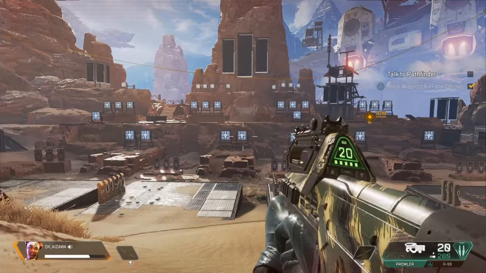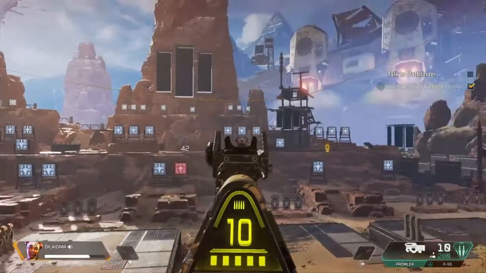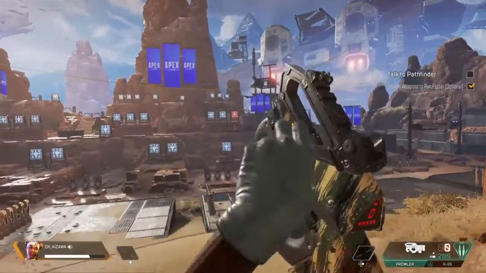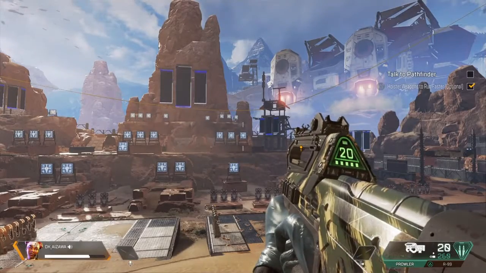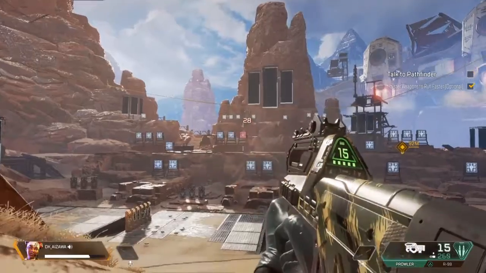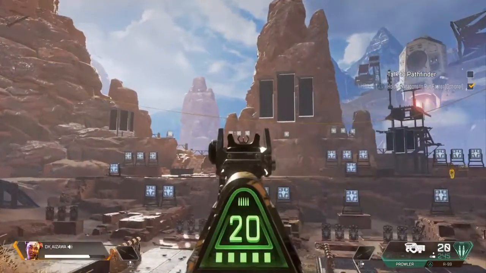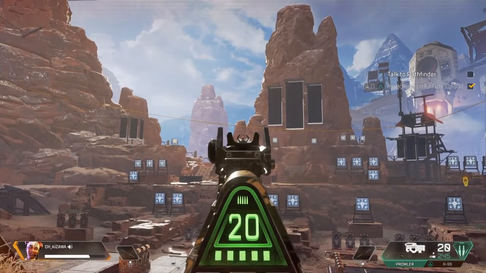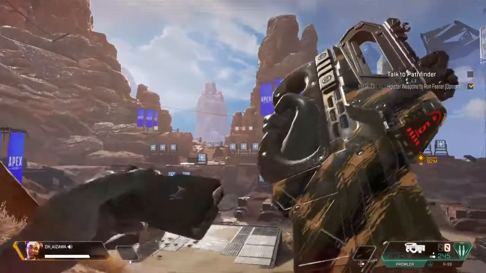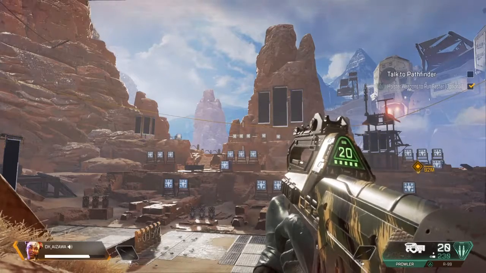So next up we have the Prowler. The Prowler is really good. It's a 5-round burst PDW, and it is absolutely OP. With select fire on, it can become fully automatic and become even more devastating. But without select fire, it is a 5-round burst. As you can see there, it says 20 after shooting, 15, 10, 5, 0 eventually. And then, yeah, it's just amazing. And now we're going to go on to the